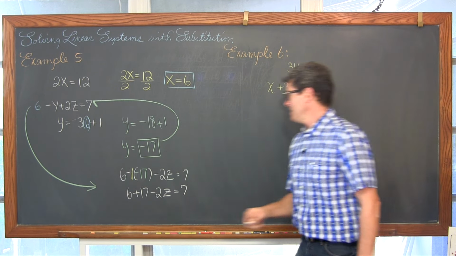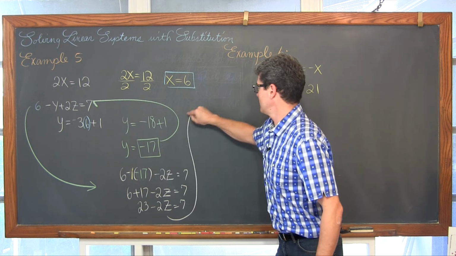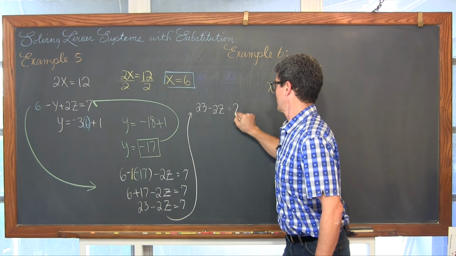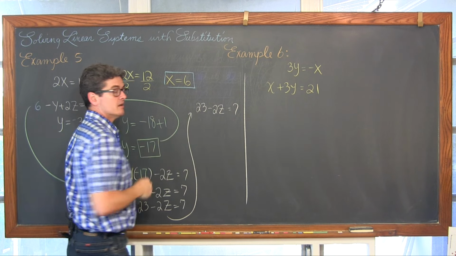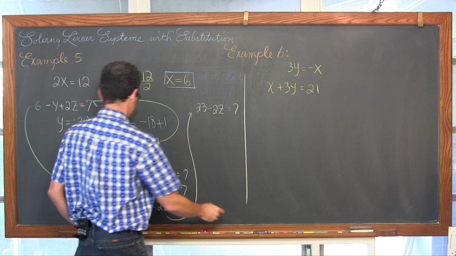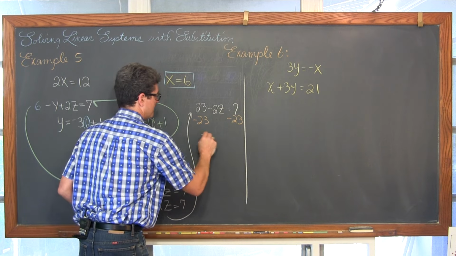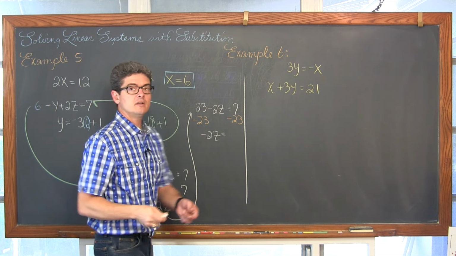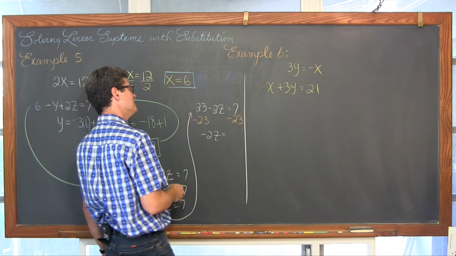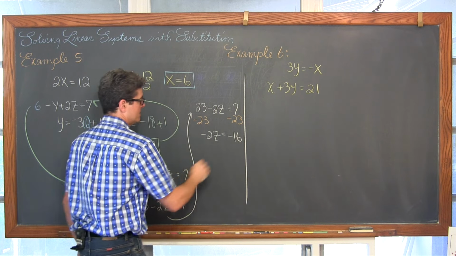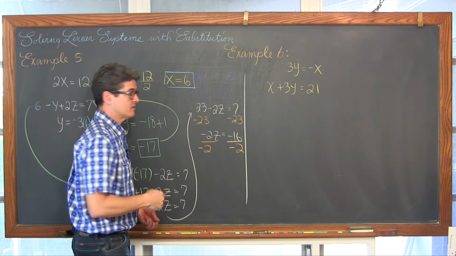Now we got 6 plus 17 is 23. And I'm going to do something that I really hate having to do, but I'm running out of room. I didn't like that as a kid when I was taking notes anyway, so apologies for having to do that. With the z on the left, we have an addition of 23, so we're going to apply the inverse math operation, which is to subtract both sides by 23. And negative 23 plus 7. If you're at 0 and you move left 23 units and back 7, you are going to be at negative 16. And then divide both sides by negative 2, because with the z you have a multiplication of negative 2.